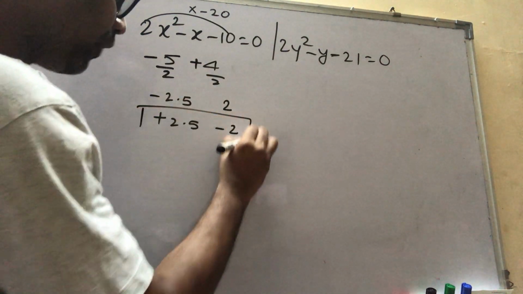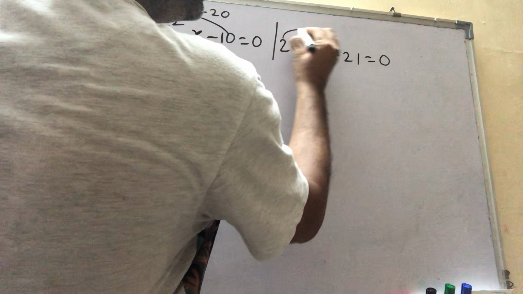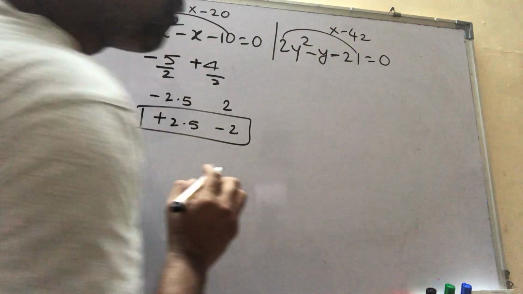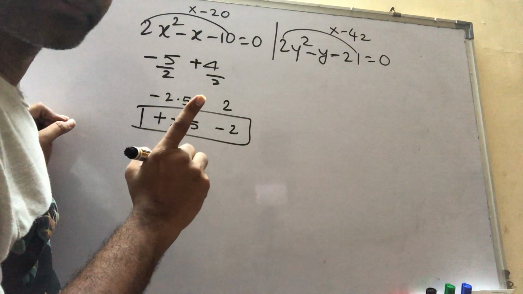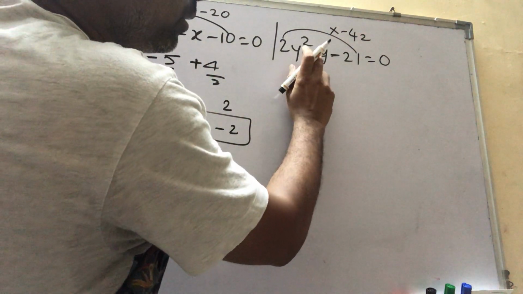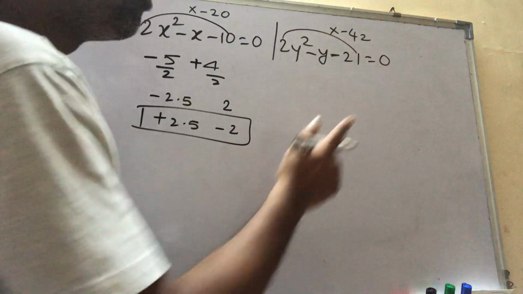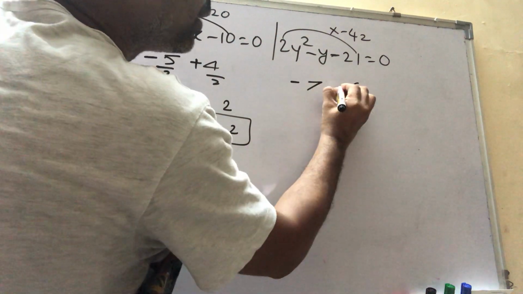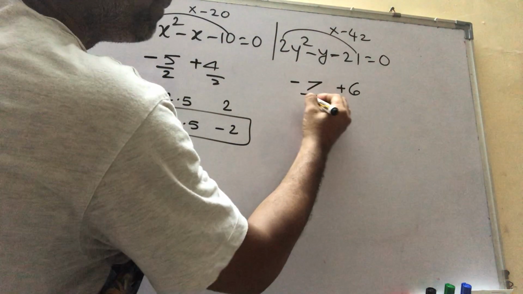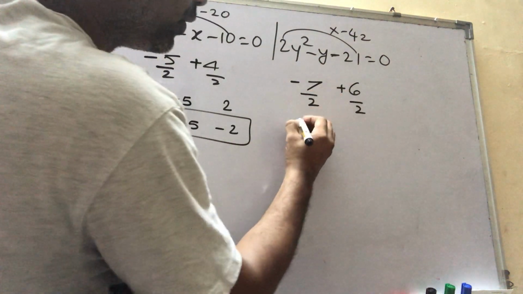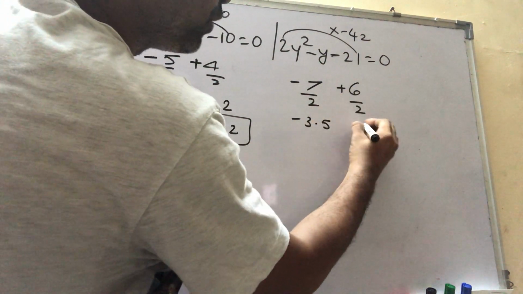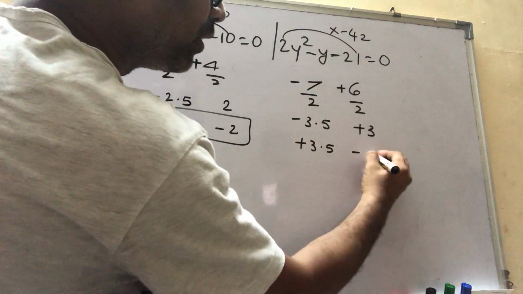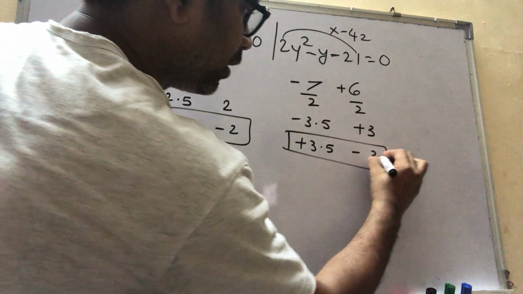So this is the factors of x. Now here again 21 2s are, that is minus 42. Look at this. 21 2s are what? Minus 42. And here we have a minus, so the bigger number will go with a minus sign. So 7 6s are 42. So this is minus and this is plus. Remember this. Again divide by 2, because here we have a 2. So this is minus 3.5 and this is plus 3. When you take on that side, this will become plus 3.5 and this is minus 3. So this is factors of y.